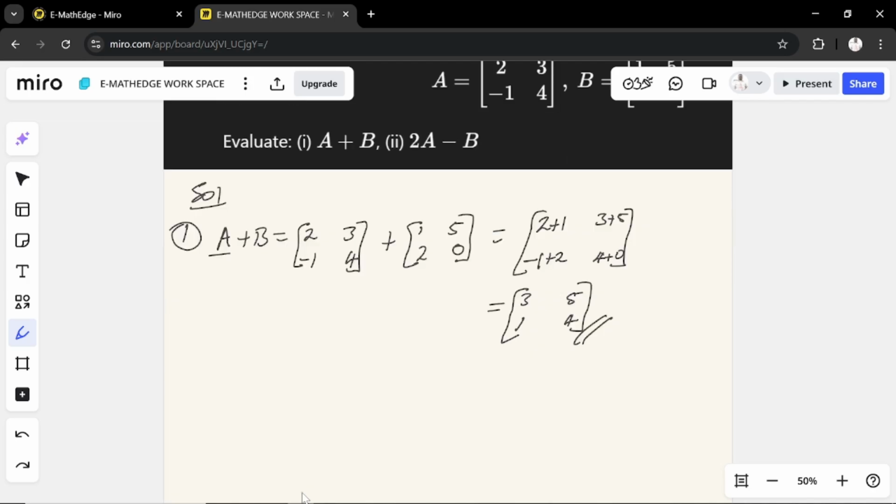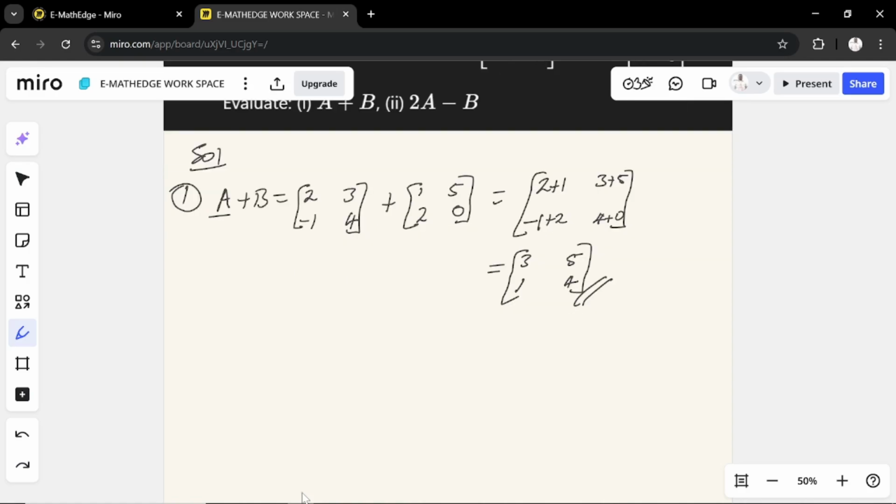So let's proceed by solving the second problem, which is requesting us to evaluate 2A minus B. If you observe, there is a scalar multiplication here, where we have a constant number, or a scalar number, multiplying a matrix, 2A, right? So let's bring it out. We have question number 2, 2A